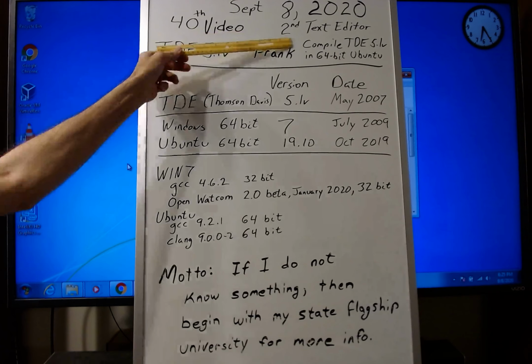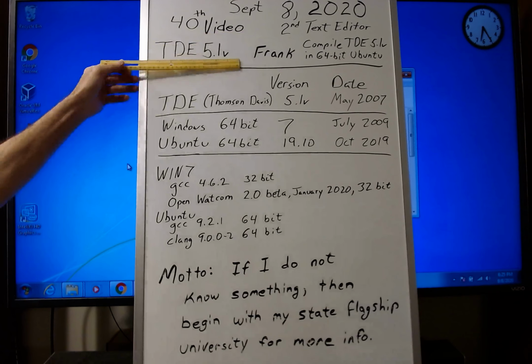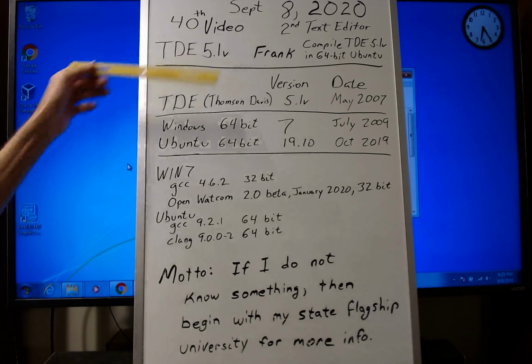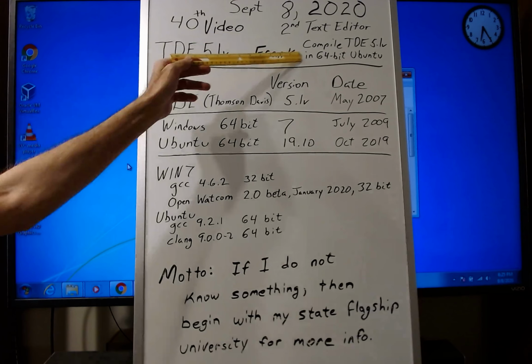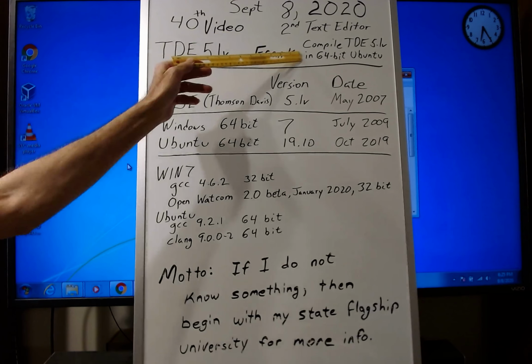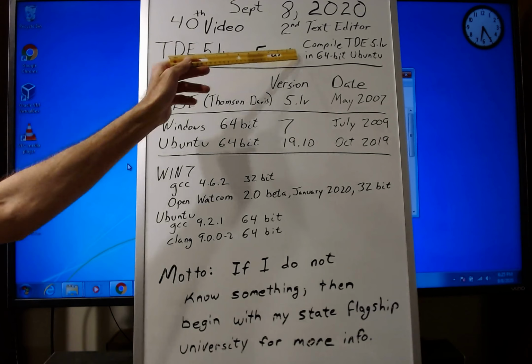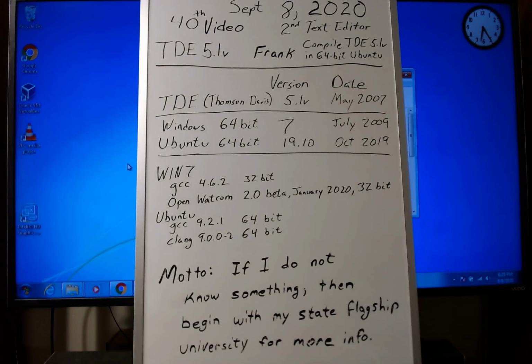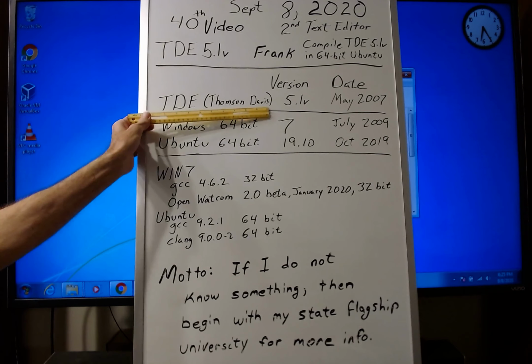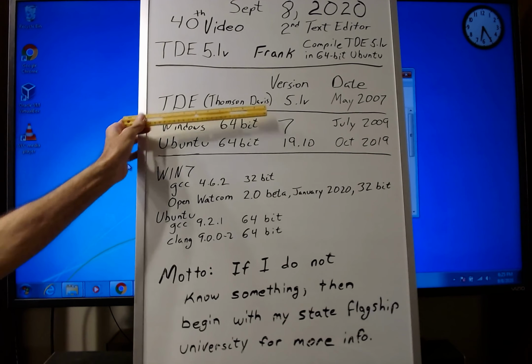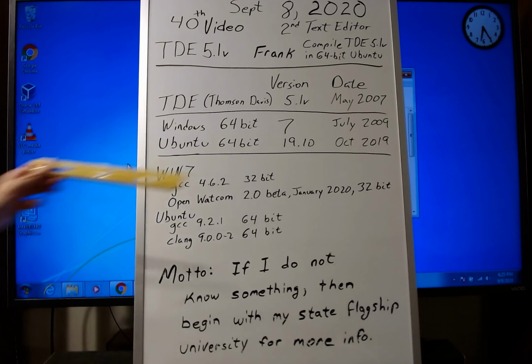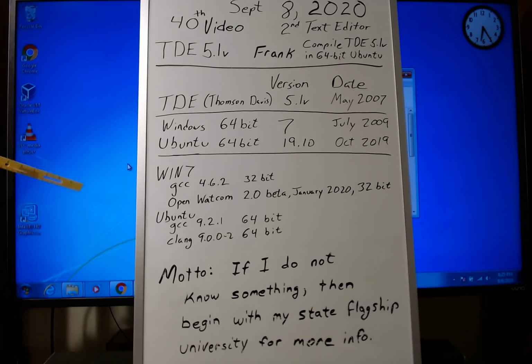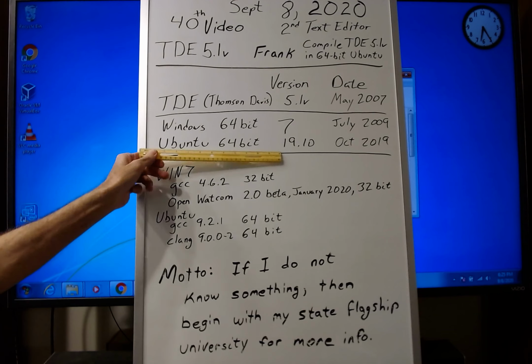This is my second text editor video, and I will be talking about the TDE 5.1V editor. I'm going to compile TDE 5.1V in a 64-bit Ubuntu operating system. The versions: TDE 5.1V, Windows 64-bit. That's this back here. I've got Windows 7 64-bit, Ubuntu 64-bit